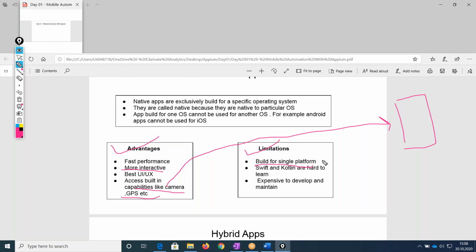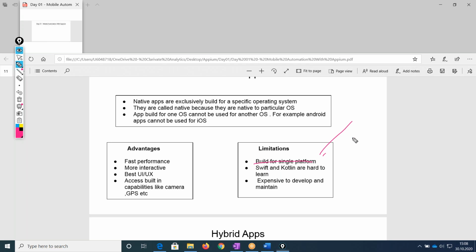Built for a single platform, the effort is quite difficult, because if you want to build a native app, you have to build it differently for each. You have to build it separately for iOS, separately for Android, and separately for Windows. So that is one of the limitations of